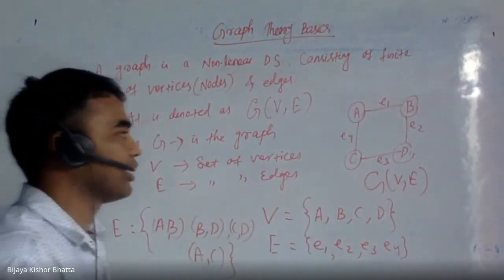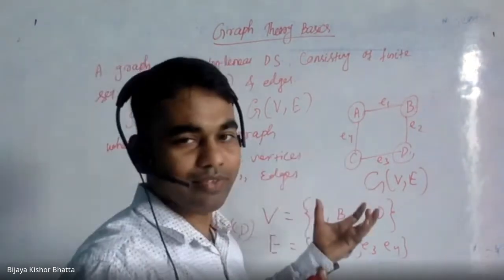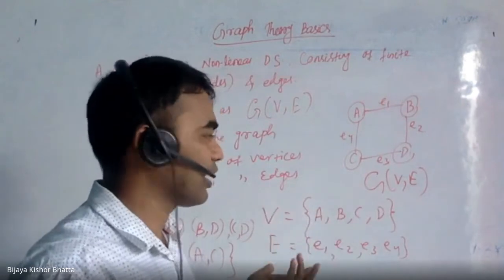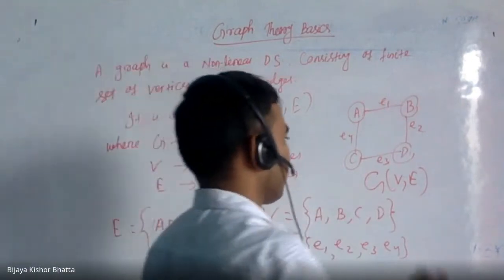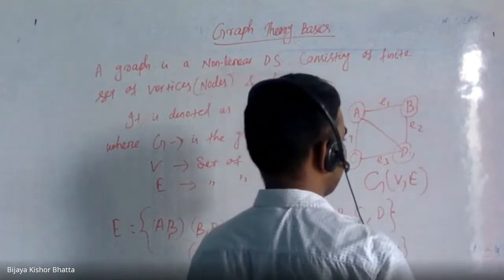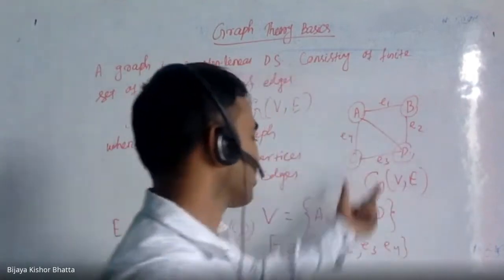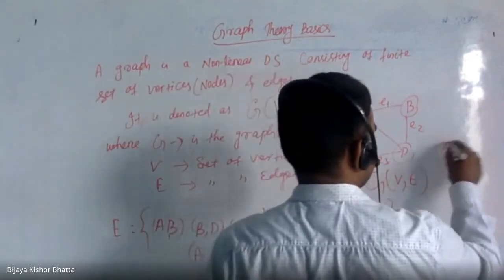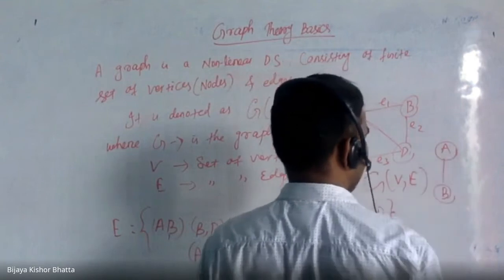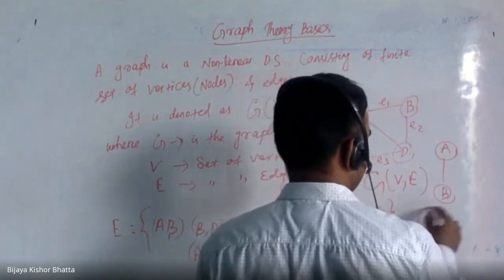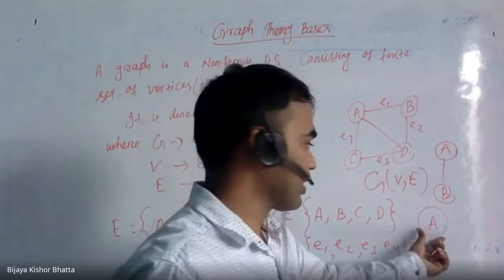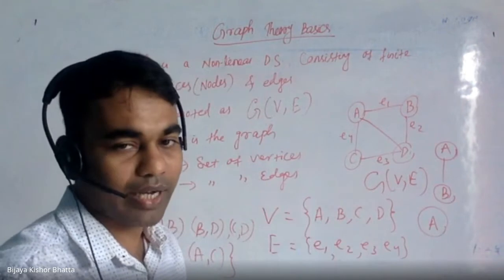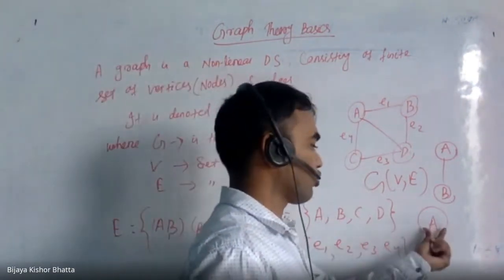So if any vertices are given and some edges are given, some vertices, some edges, then it is known as a graph. That is as simple as that. So can I say this is a graph? Yes, I can say this is a graph, because it has the same number of vertices, but an extra edge is there. Can I say only A is a graph? Yes, I can say that, because it contains only a vertex set and the edge set is null, or you can say phi. So this is also a graph.